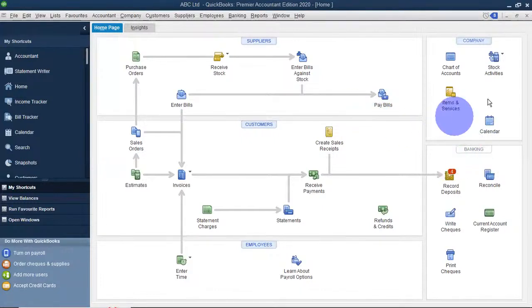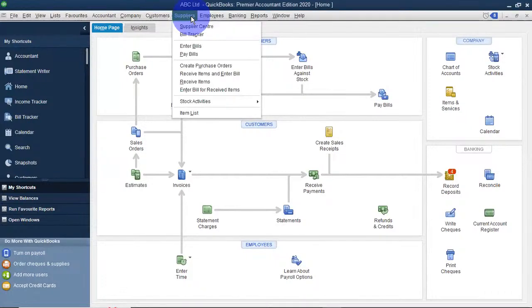And the very first one that we'll start with is how to change your inventory quantity. Now, to change your inventory quantity, move over to vendors. Vendors are suppliers. So move over to suppliers. Once you click on suppliers,